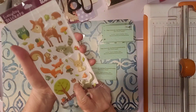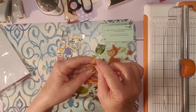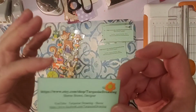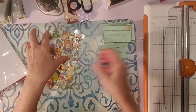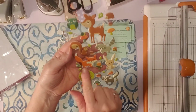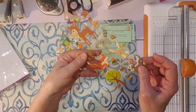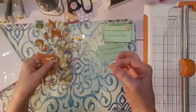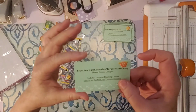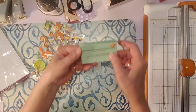So these have cute little things in here. There's a little acorn, a little flower. Let's try one of these. This will look cute. Adorable. Isn't that neat? I love these. And let's see what else. Acorn. The mushrooms are a little bit too big. The squirrels and the animals are too big. I'll have to save those for something else. Here's a little orange one, another little orange flower, that'll show up well on the card. So I've got myself just like that pretty quickly